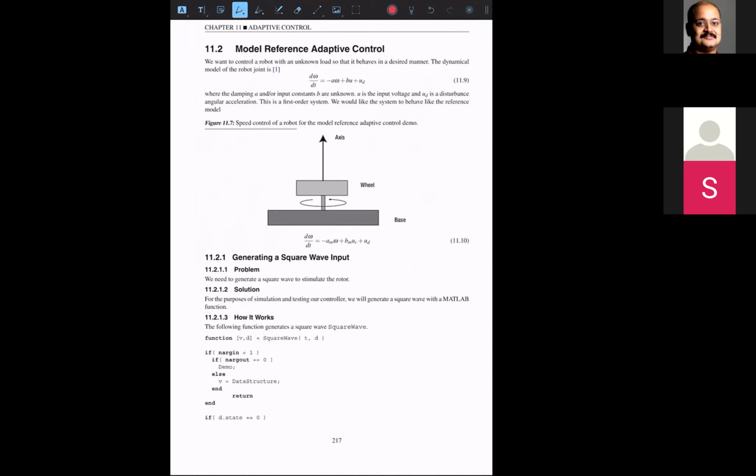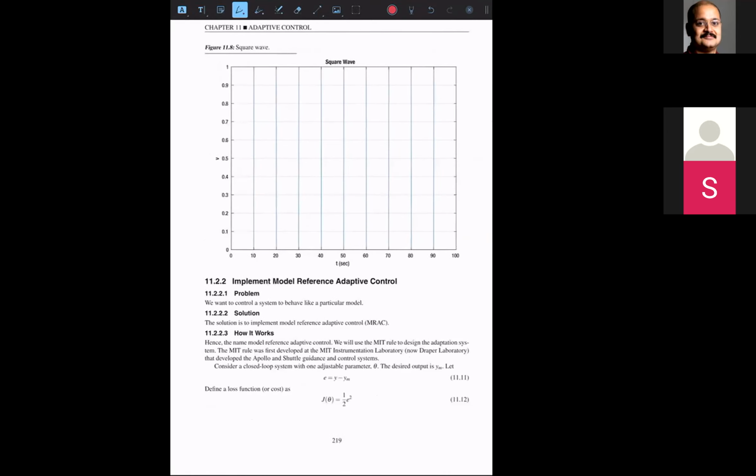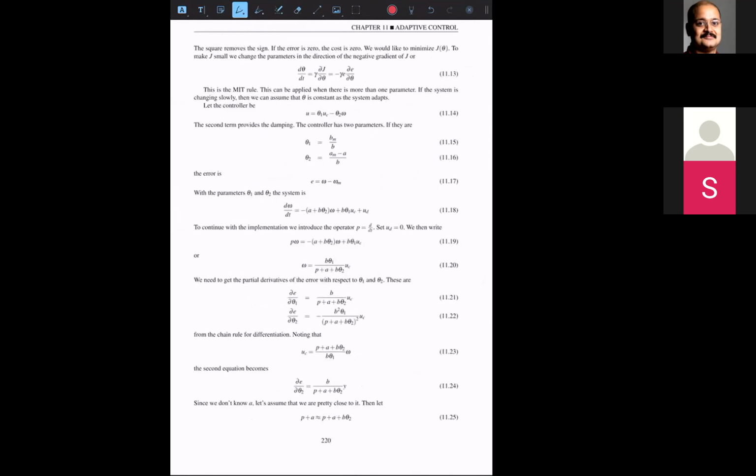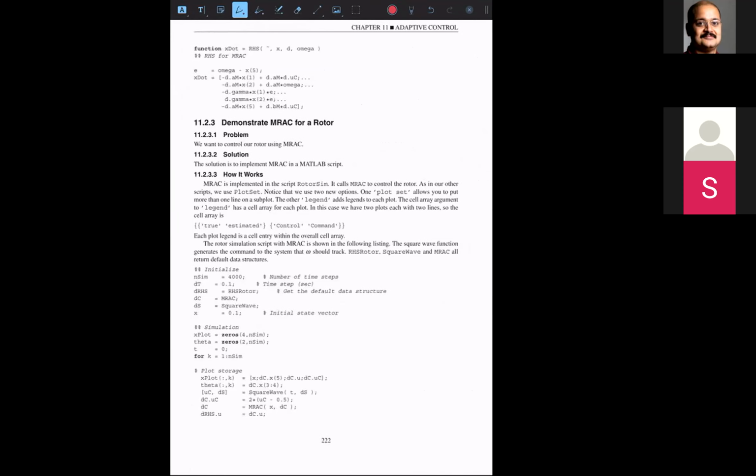Because tilt rotor, if you don't know what that is, it takes off as a helicopter and then it flies as a plane, which means the control authority or control logic that you need in the helicopter mode is different than the control algorithm that you need for the fixed wing mode. So we use model reference adaptive control. And believe it or not, therein you can implement, we will talk about all this.